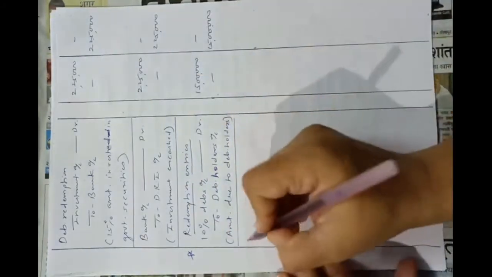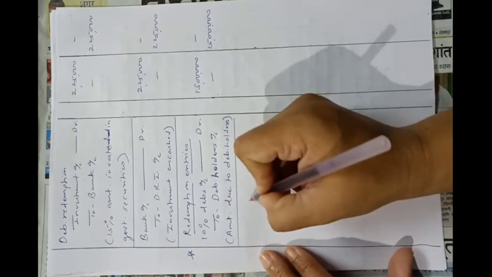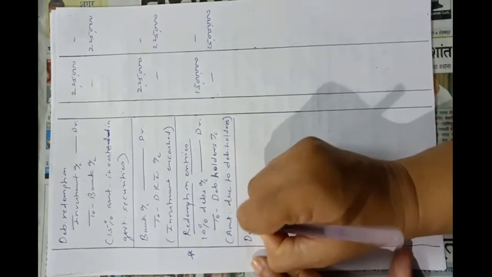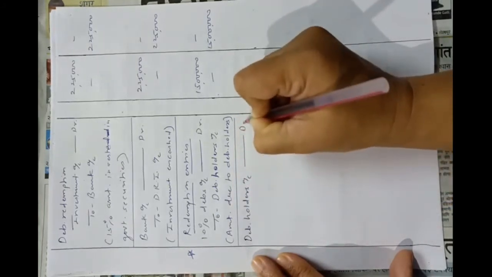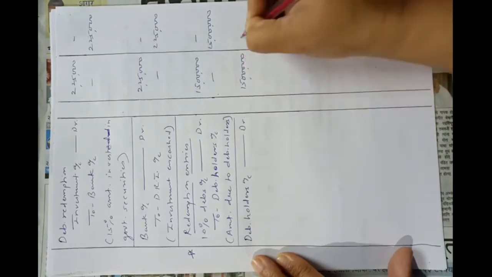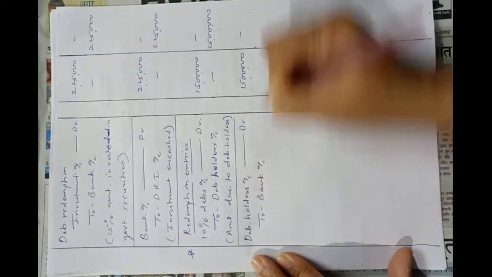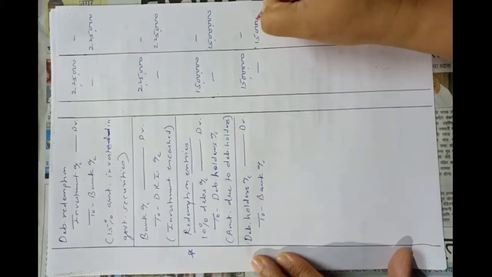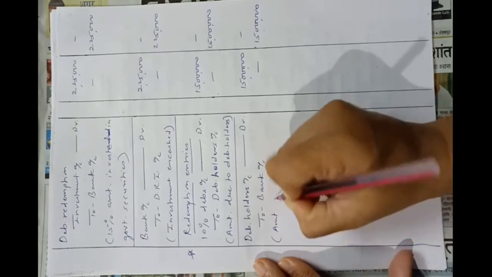Now entry of payment, so they will pay actually the amount to the debenture holders. So debenture holders account debit 15 lakhs to bank account 15 lakhs. Amount paid